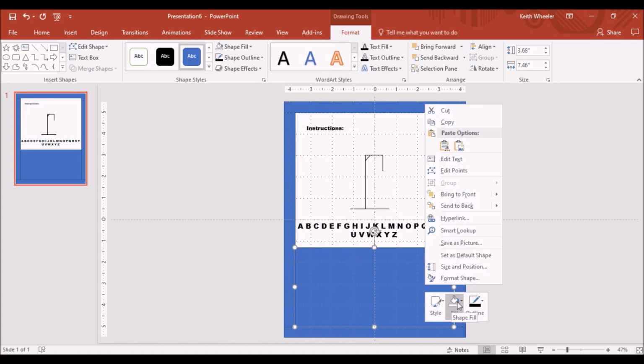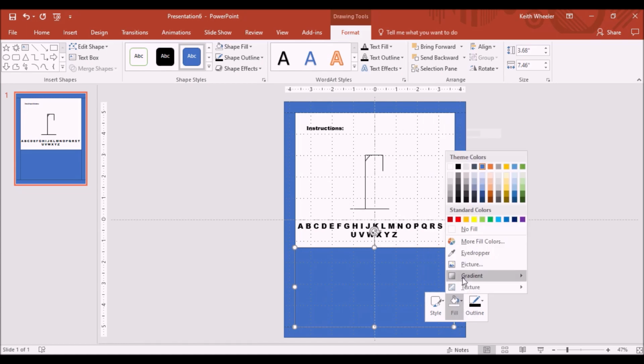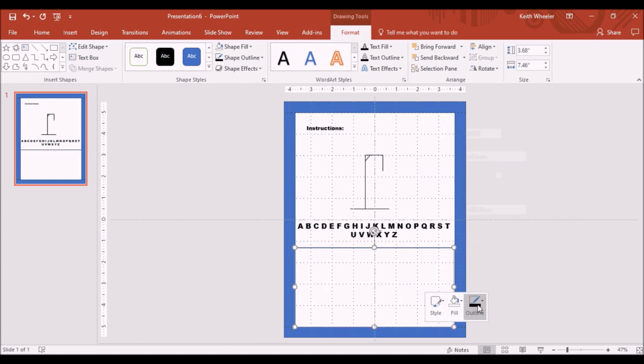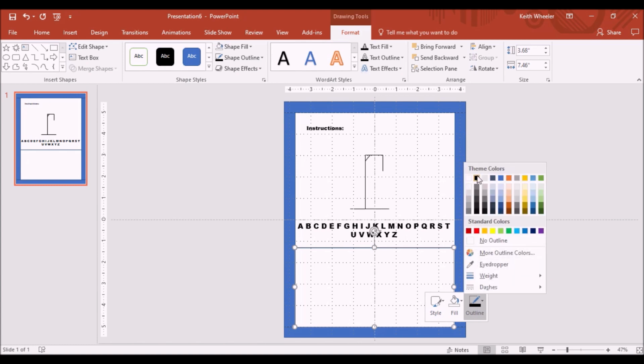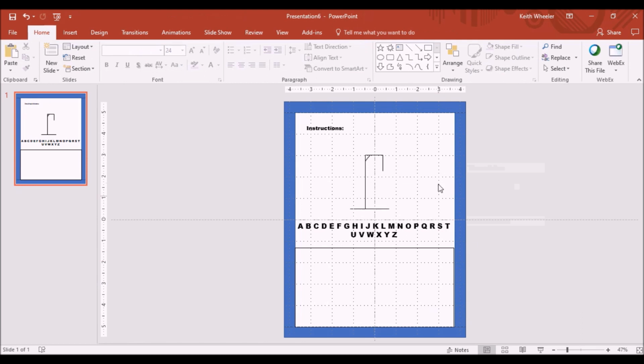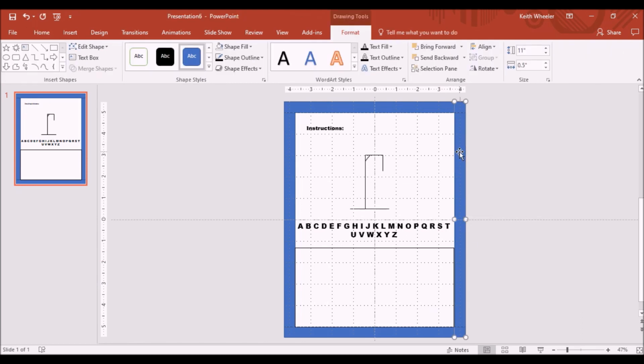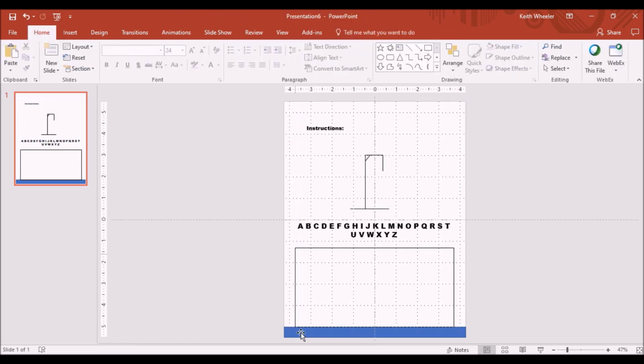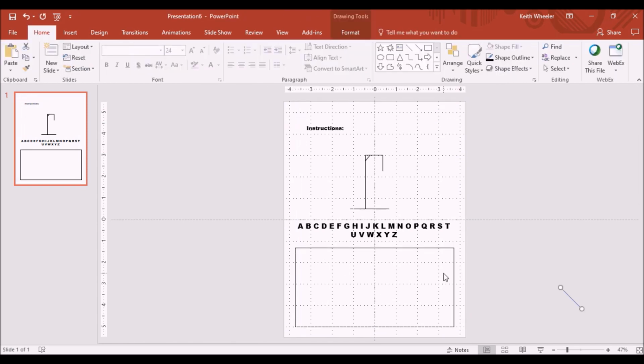I'm going to put no fill. And then I want to make the outline black, which it already is, but sometimes it'll default to blue. So I'll do that. And then if I take off my margins again, like I did earlier, you'll see the box. Now, if you don't like this box, you can always just put your borders back up by hitting Control Z,